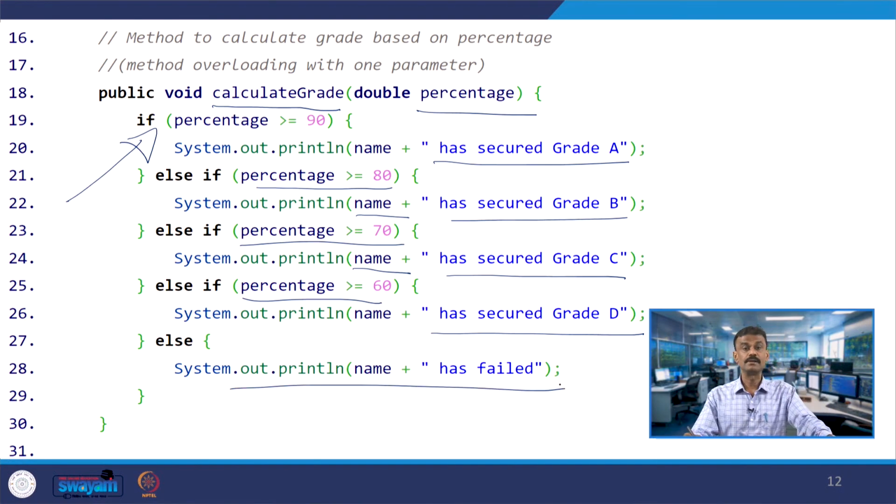So, when you give the marks or percentage, I want to calculate these 4 grades A, B, C and D based on it. Based on the marks I can print the grade of the student: greater than or equal to 90 is A, greater than or equal to 80 is B, greater than or equal to 70 is C and greater than or equal to 60 is D. Otherwise, if a student is getting less than 60, that will be considered failed.